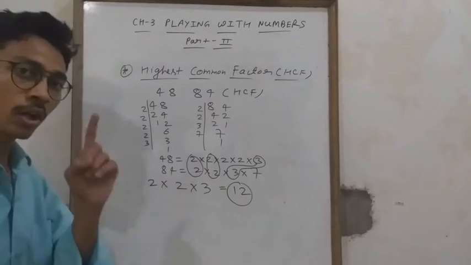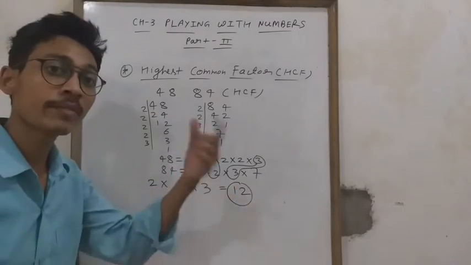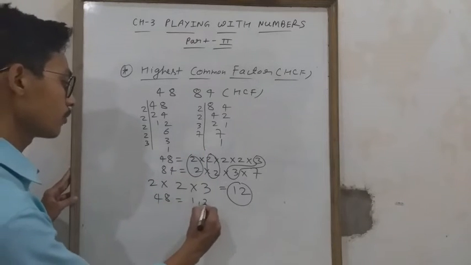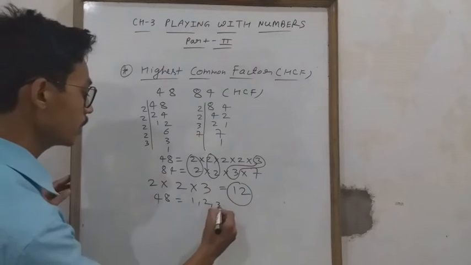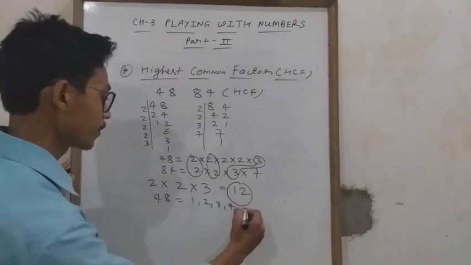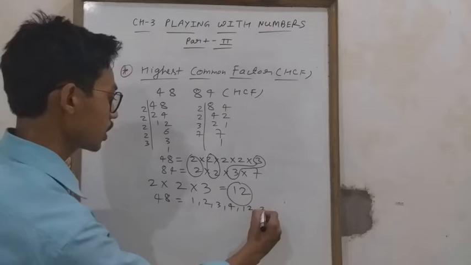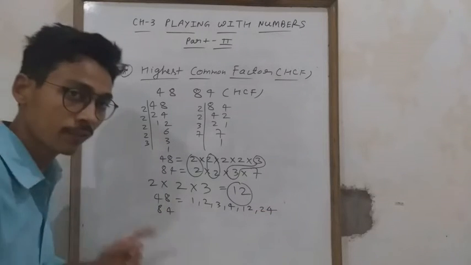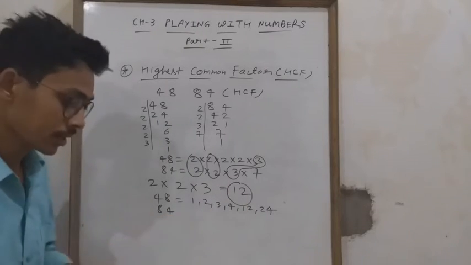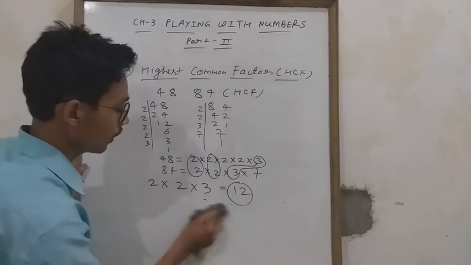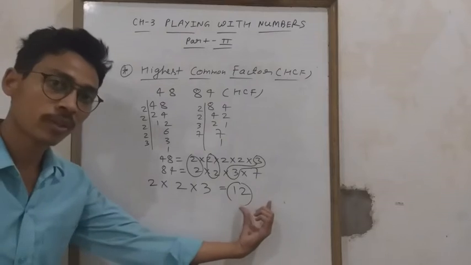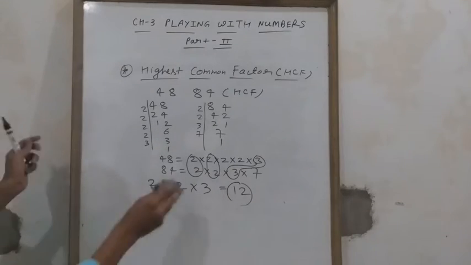Achha, this question everyone can also do with the help of the previous method which I explained. How? Everyone knows the factors of 48 are 1, 2, 3, 4, and also 6, 8, 12, and 24 also. Clear? Then you will find the factors of 84 like that. Then you will find the highest common factor. Everyone will do the same process. Clear? I will not explain again. If you have to do prime factorization, students, you will follow this step. You will find the common and multiply. Okay everyone? So this is our prime factorization.